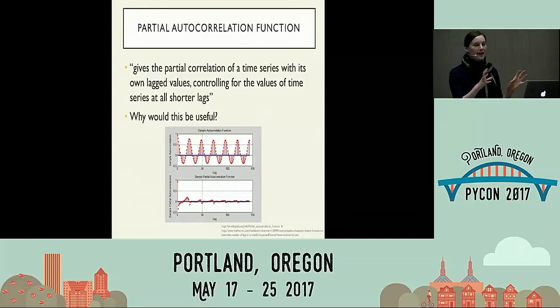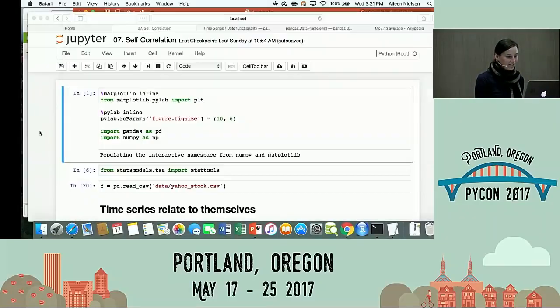We're going to take that out, and then we're going to see, is there any more correlation, right? Is there a 7-day effect and also a 14-day effect? And that will be, say, the true 14-day effect, because we've taken out the part that can otherwise be explained. Does that make sense? This is a bit trickier. Yes, thank you. I like that. Okay, so that's autocorrelation and partial autocorrelation.